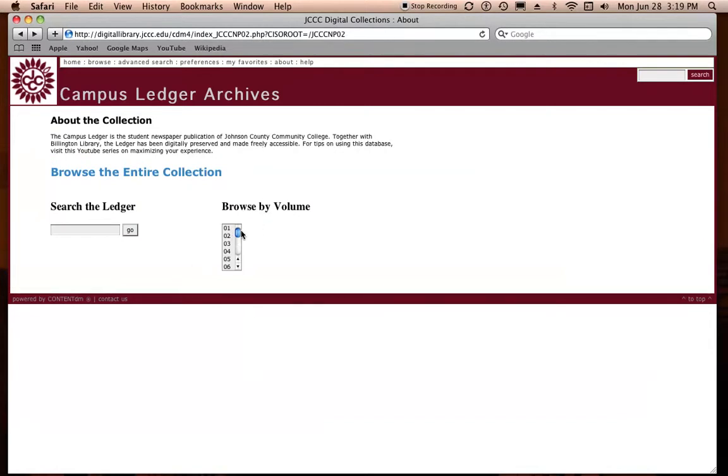We go to Browse by Volume. Instead of returning everything, it'll actually return exactly what you click on. You can see some of these have A and B options. It turns out when they were making the ledger, it got a little bit out of order, so since they're sorted by date, primarily you'll have 25, then 26A, 27A, 26B, 27B. It's kind of an anomaly, but when you're dealing with keeping things in chronological order, it's something you just have to put up with. So if I go ahead and click on volume 30,